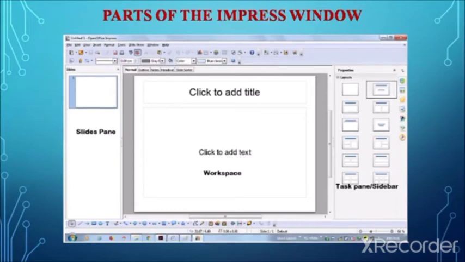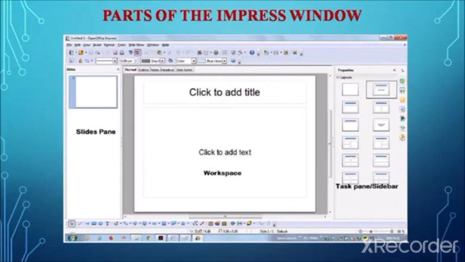There are several additional operations that can be performed, such as adding new slides at any place within the presentation. You can add a new slide anywhere in between with the help of the slide pane, and we can mark a slide as hidden. Once you mark a slide as hidden, during the slideshow the hidden slide will not be shown.